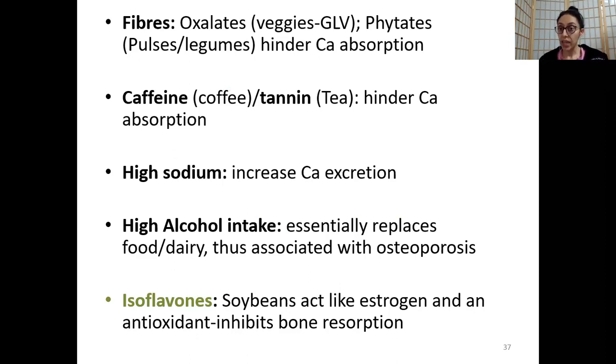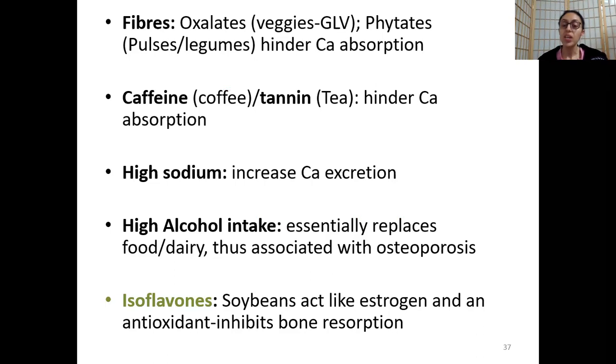Then you have your pulses and legumes. They are also high in calcium, but they have phytates. Now, this will hinder calcium absorption. So they are not the optimal or go-to source for calcium. Your green leafy veggies and your pulses and legumes have their own important nutrients, but they are not the